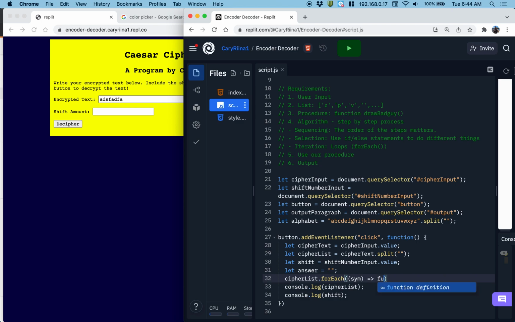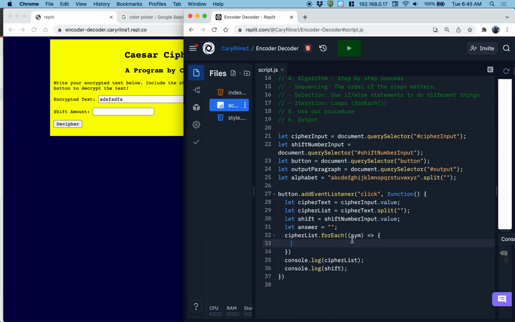Okay, let's see. And what I want to do is I want to have a function here. Oh, sorry, arrow functions, we don't write function. This is a mistake I keep making. So take sim, and then run this code block. And the code block that we're going to run is, we're going to say if the symbol is inside of the alphabet, then we want to do something with it. Otherwise, we want to just... So if the symbol is in the alphabet, I'm going to put a momentary in English here. If the symbol is in the alphabet,